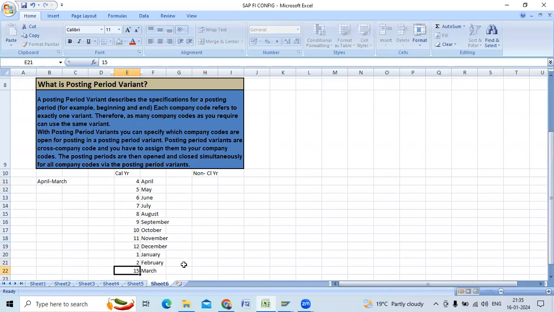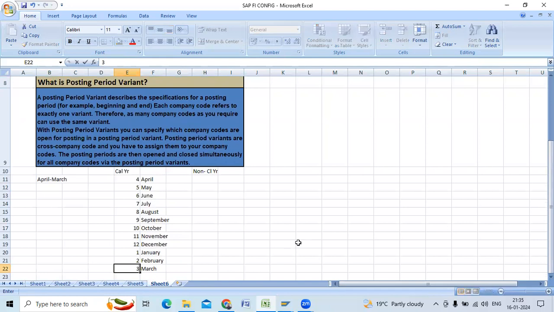Then it comes 2, then 3. So as we are using India, our fiscal year is April to March. If you click on the calendar year, the system will take April as the 4th month. We are using non-calendar year, so we have to tell the system that April is the